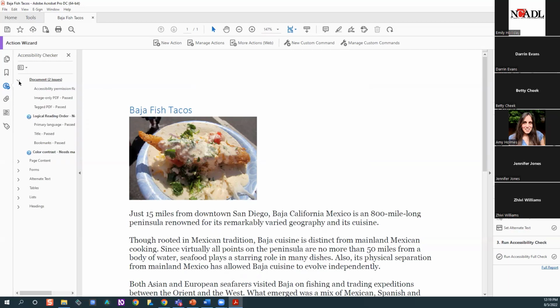among other things. So it says, check logical reading order, because the software does not know how to check for reading order. And color contrast, it doesn't know how to check for color contrast. So these are really just reminders to you to say, you need to check these things out, make sure that they're in the proper order, or that they're going to be read in a logical reading order. So those are two things. If you have just those two issues,